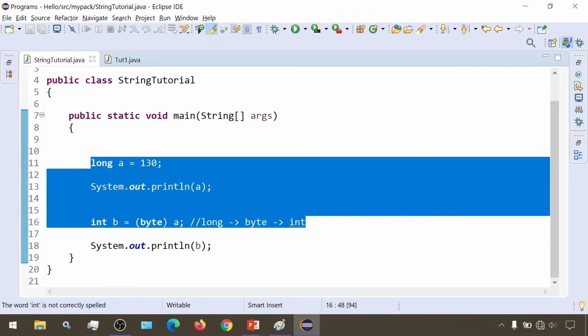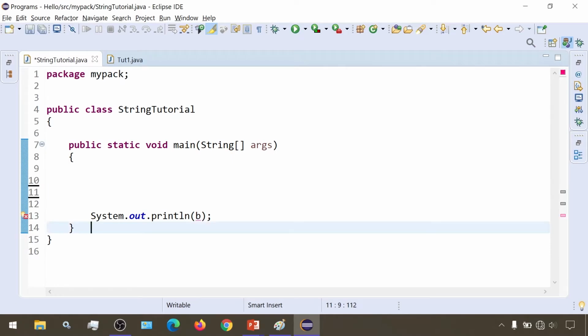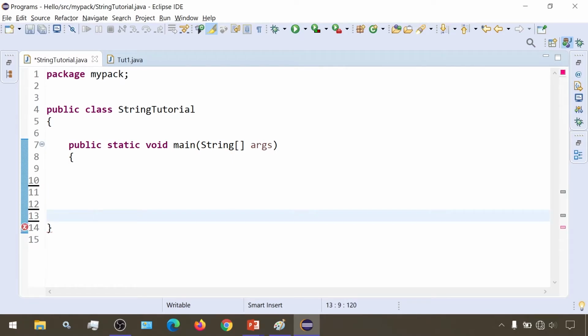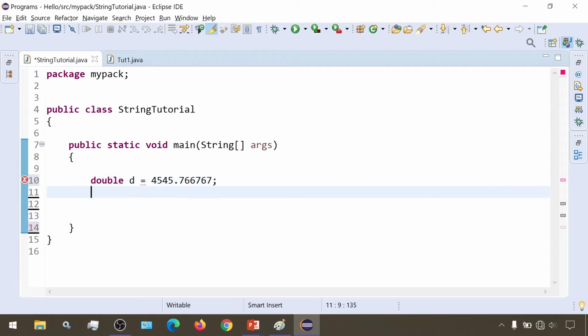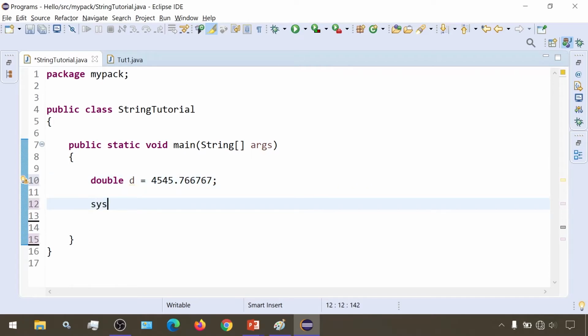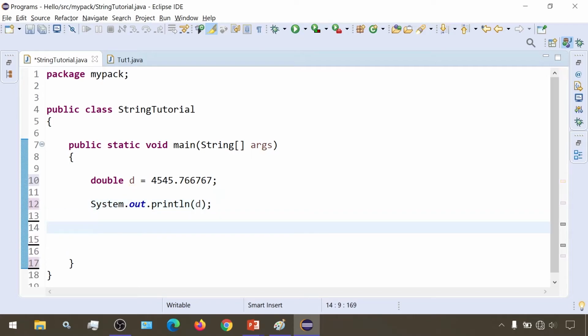Now suppose I have this double variable d with this value, and a float variable.